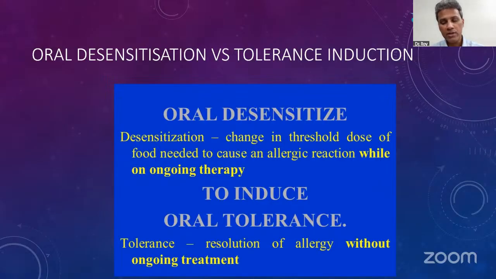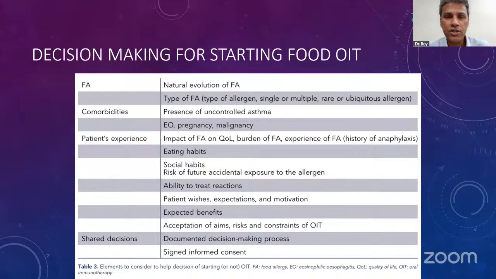So this is a very important thing, especially when we are having discussions, because the decision to start food oral immunotherapy is a very, very big one for both families and the treating physicians, because of the type of food allergens, the presence of any uncontrolled asthma, pregnancy, malignancy, impact of food allergy on quality of life, burden, experience of food allergy, history of anaphylaxis, eating behavior, social behavior, risk of future accidental exposure, ability to treat the reactions, very, very important. Patient and parents' wishes, expectations, and motivation, expected benefits, acceptance of aims, risk constraints, the risk part being extremely important,